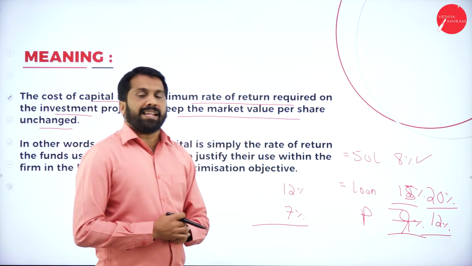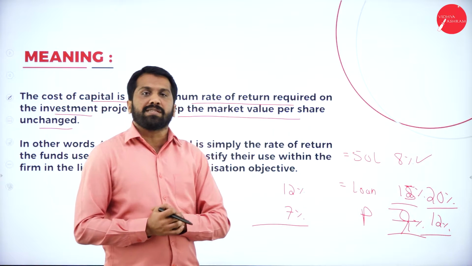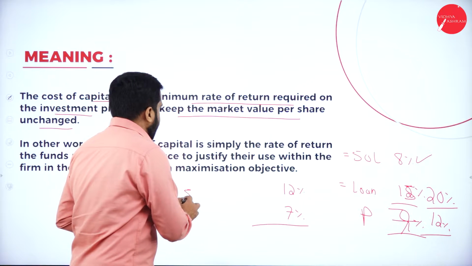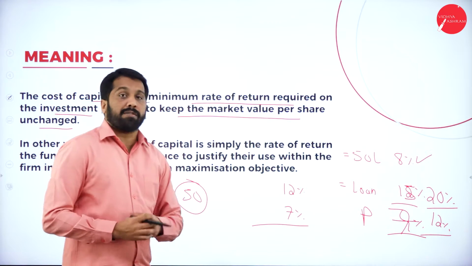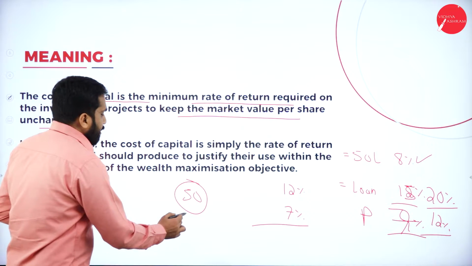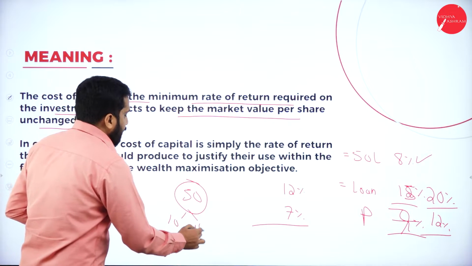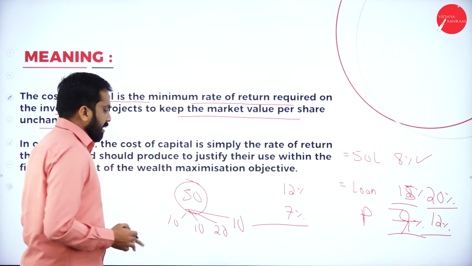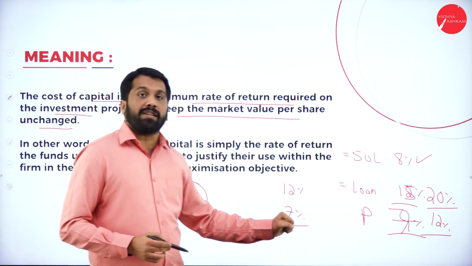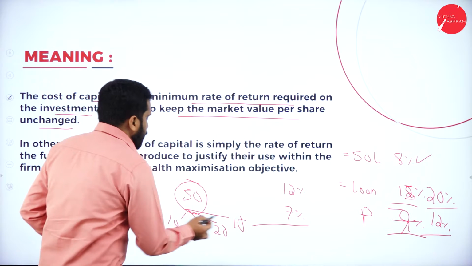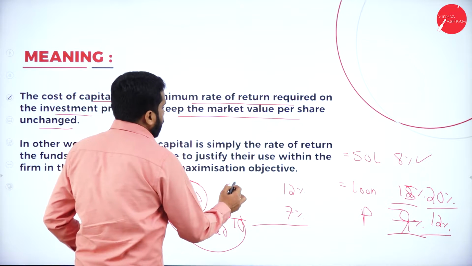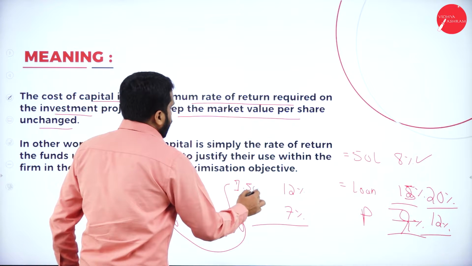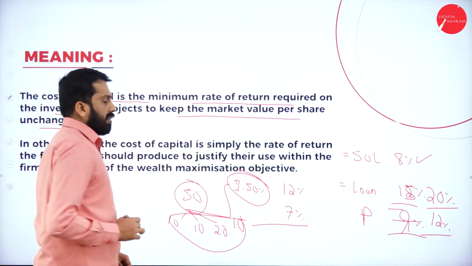Now, you started a new business for 50 lakh. What is the new business cost? 50 lakh. You collected 10 lakh from somebody, 10 lakh from somebody else, 20 lakh, as well as another 10 lakh. Your total investment is 50 lakh. All put together, how much interest are you paying? 1,50,000 you are paying as interest.